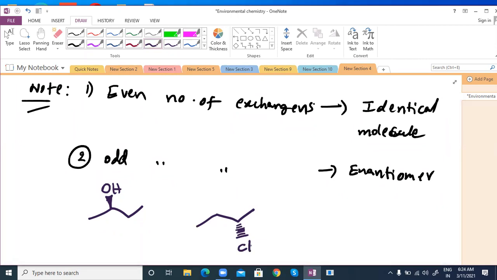Odd and even number, you know that one. But you have to keep in mind that all these exchanges you have to do within the plane of the molecule. You can consider here one exchange equal to 90 degrees, and within the plane you have to do it. I will explain one example, don't worry, how to apply it and everything. So within the plane, 90 degrees.